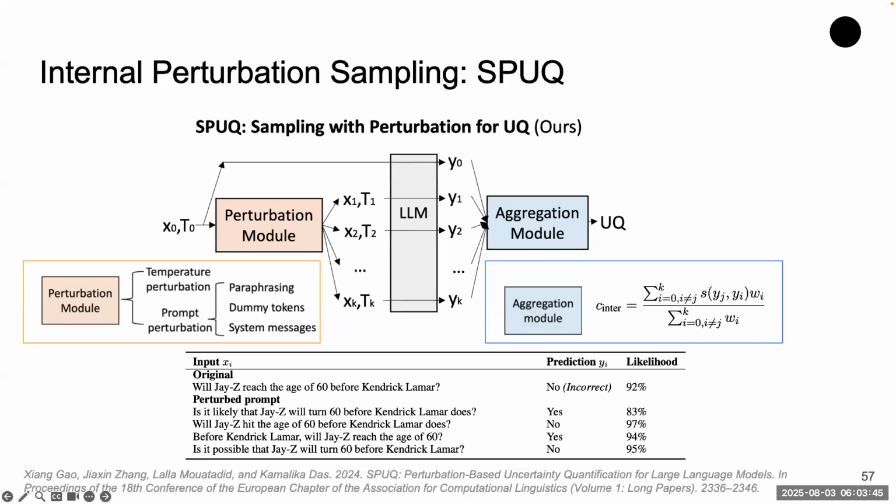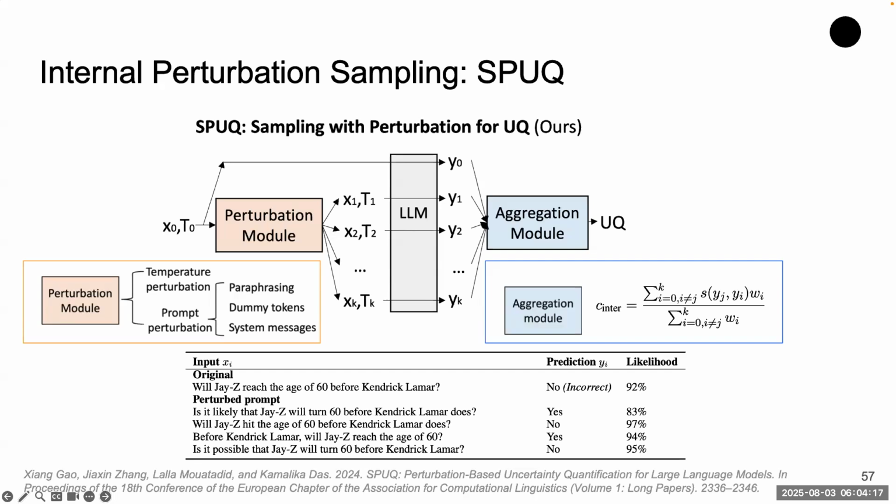So you want to penalize that very different context input. But they do not have control over the perturbation, whether it's semantic or not. They just use things like dummy tokens. I think in their paper, the dummy tokens are the most powerful one. They can also do paraphrasing, which is sort of semantic. And they also use some system messages, where they insert certain fixed input after the original